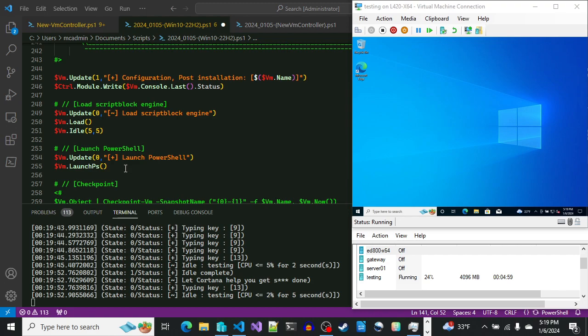Yeah, so right now, the virtual machine isn't configured with any of the information that the